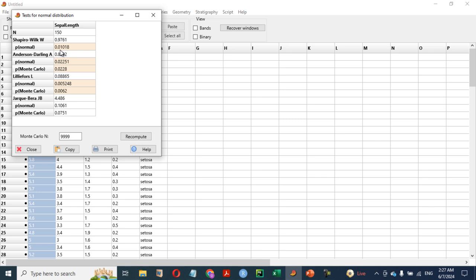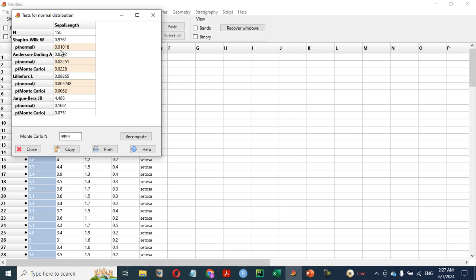Don't forget, if you have followed me carefully in R, you understand that the hypothesis of Shapiro is inverse to the normal hypothesis. Shapiro, Anderson, and the rest of them are inverse, which means